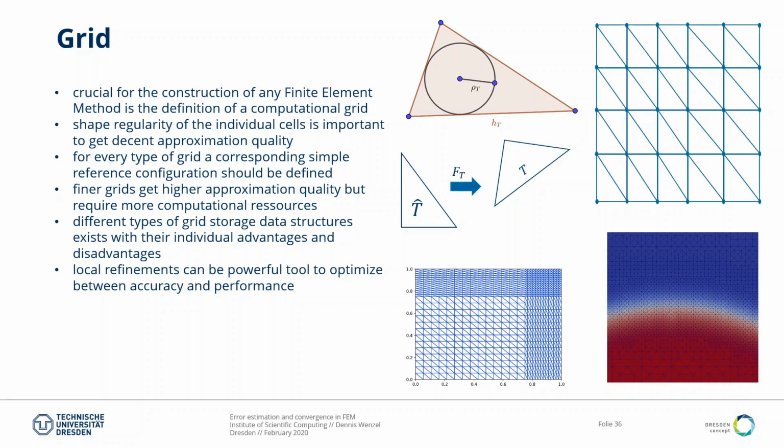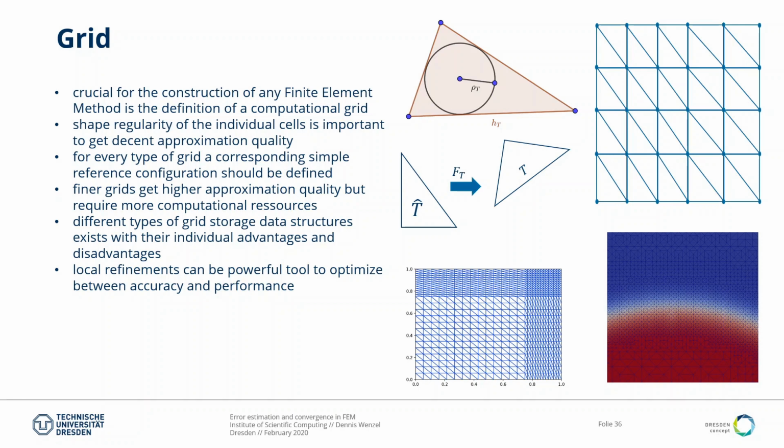Then for every type of grid, you wanted to find a reference configuration that is very simple. For our triangular grids, for example, we've chosen this simple reference triangle between 0 and 1. Then we also thought about the fact that finer grids give you a higher approximation quality, but also require more computational resources. Then we had different types of grid storage, those direct storages and the hierarchical storages. And then we have also seen that local refinements, as seen down here, for example, in this Shishkin type grid or in the locally refined grid near the phase field interface,